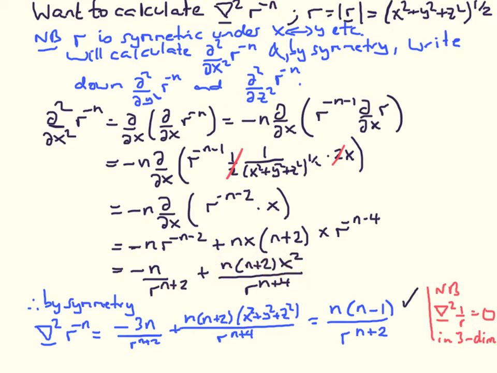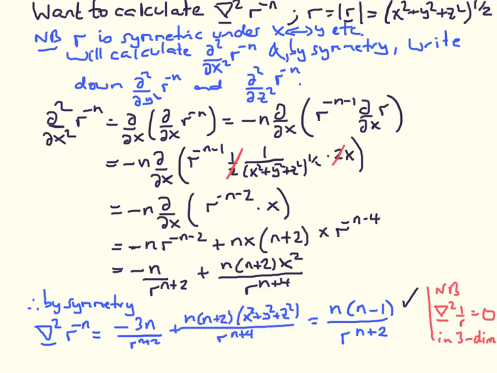So when we add all of these three terms together, we get that the Laplacian applied to r to the minus n is going to be this term 3 times, minus 3n over r to the n plus 2, plus, and then we get this structure multiplied by an x squared, plus a y squared, plus a z squared. This is r squared, so that partly cancels with this, and what we have therefore is minus 3n over r to the n plus 2, plus n times n plus 2, also over r to the n plus 2 when